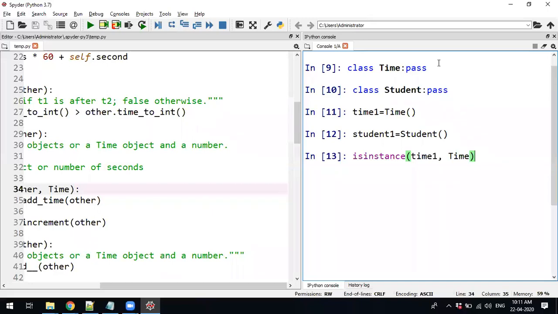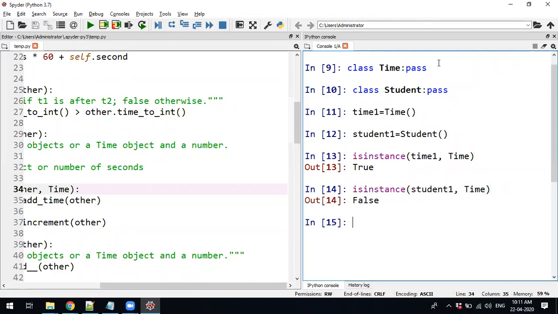Whether this time1 is an object of the class called time, if you want to check, it will return true. If you check for the other case, whether student1 is an object of time, false. It is just true or false. It is going to just check whether the class of that object is the same as the second parameter. That is what isinstance is.